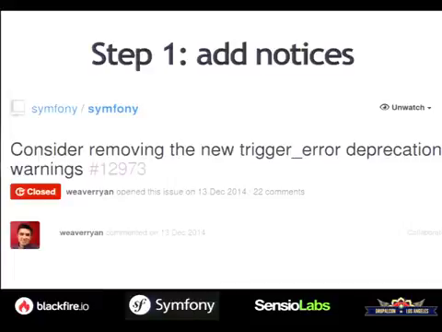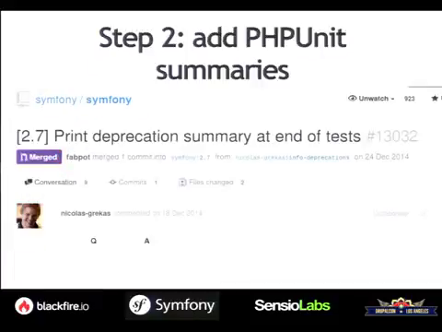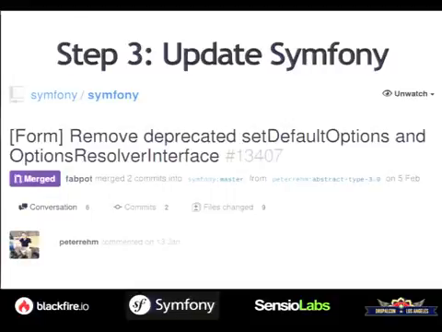So the second step for us was to add an extension to PHPUnit so that whenever we run the tests, at the end of the test suite, you have a summary of all the deprecated stuff that you are using, right? And we started to update the code of Symfony to reduce the number of notices from 200,000 to 0 today. And it took a lot of time. This is one such commit.